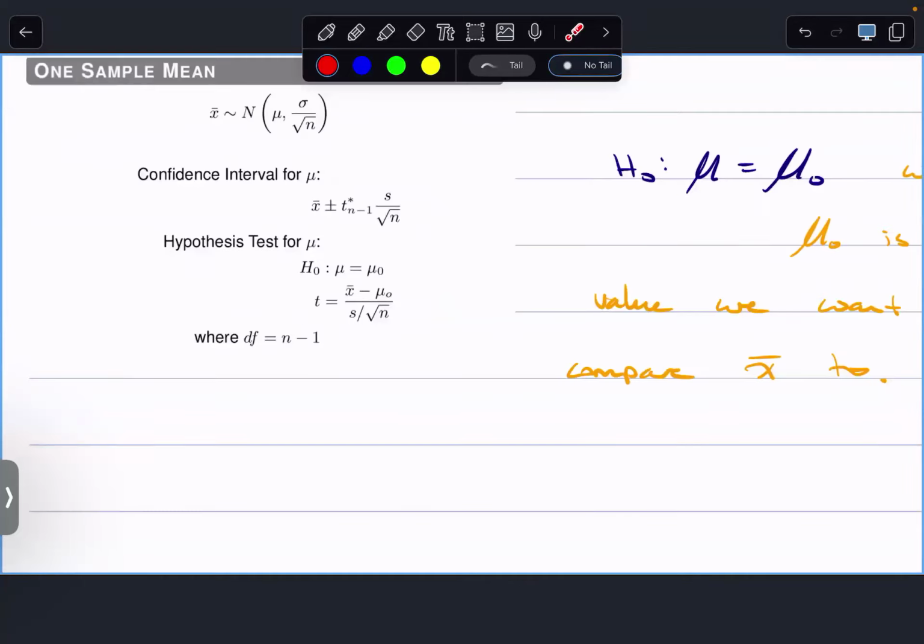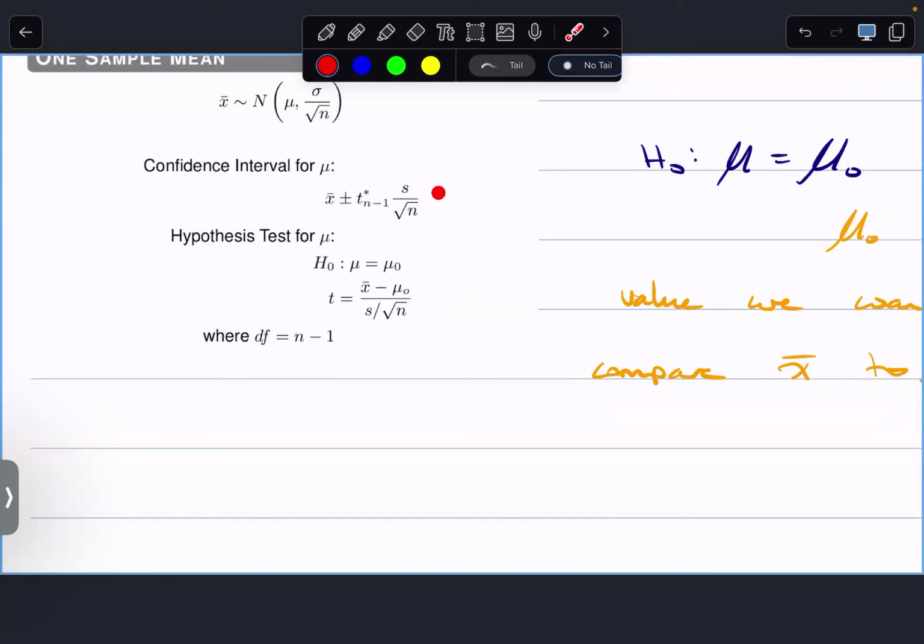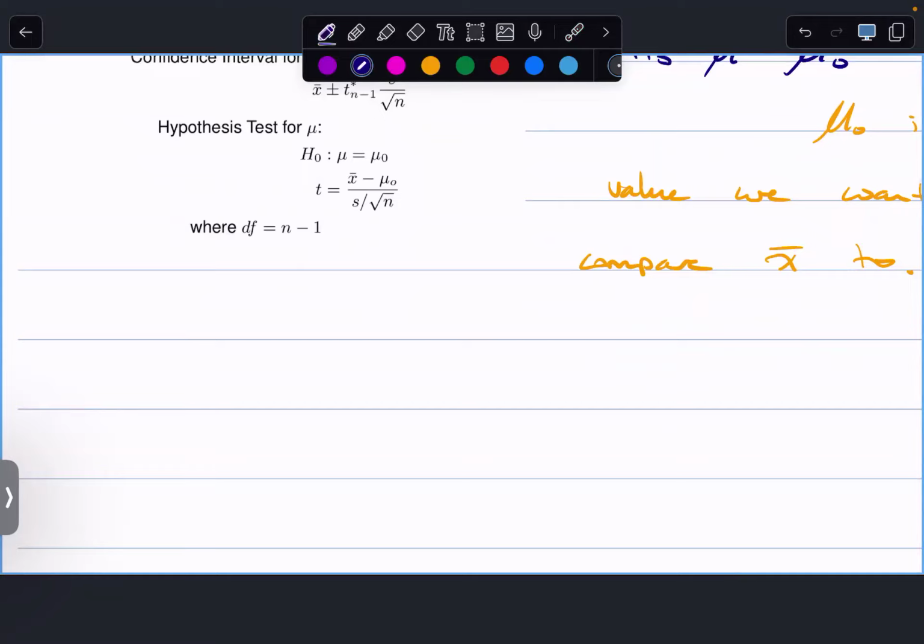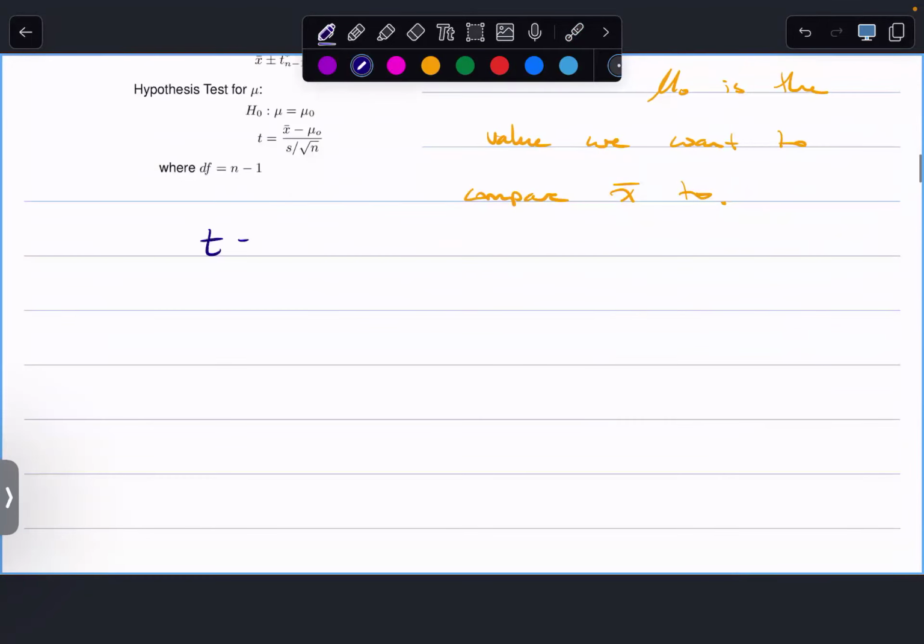What's really nice about mean questions in general is that the standard error stays the same regardless of if you have a confidence interval or a hypothesis test, which was not the case for proportions, right? Then we had to change it up. You follow the formula sheet and then you're fine, but we had to be really aware of that. But here, the standard error of x bar is always just s over root n. So that's nice. Okay, so then we said, all right, we calculate t as x bar minus mu over s over root n,